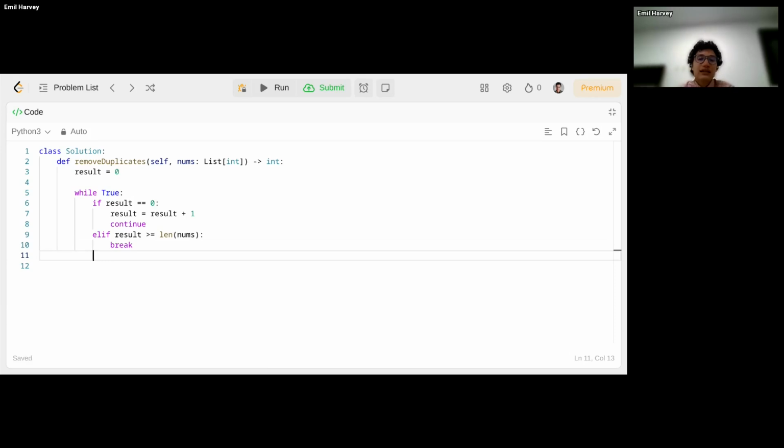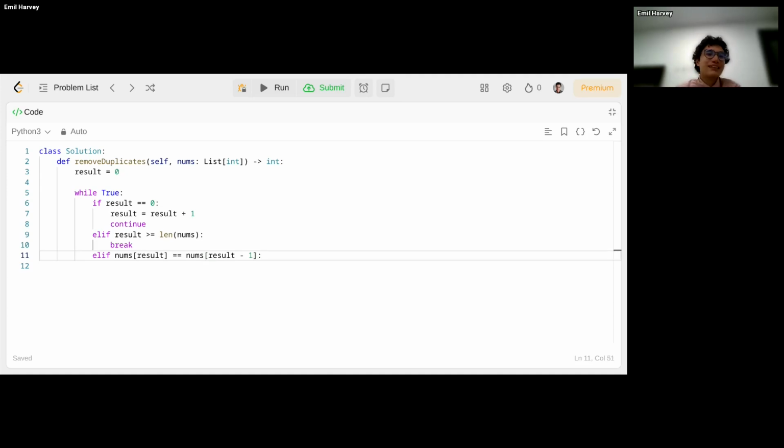Another situation that's pretty specific is that our number at the results is equal to the numbers at the results minus 1. So this is kind of the meat and potatoes of our solution.